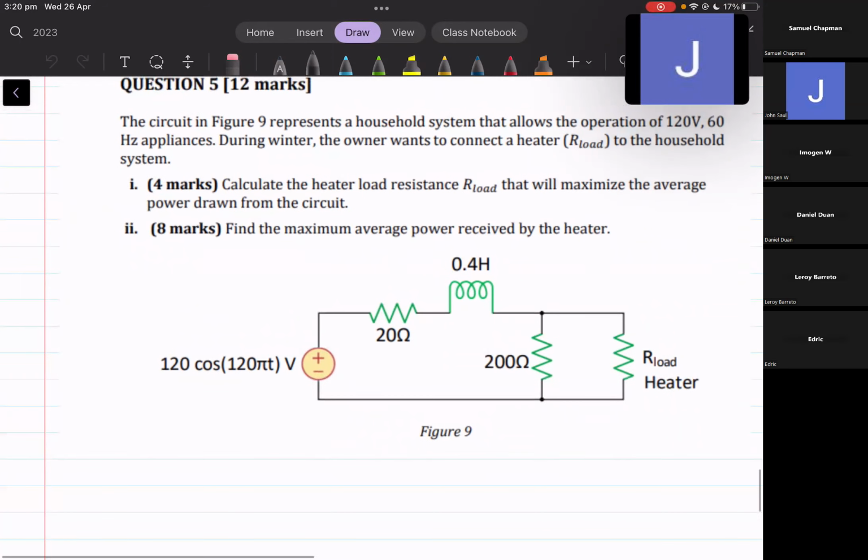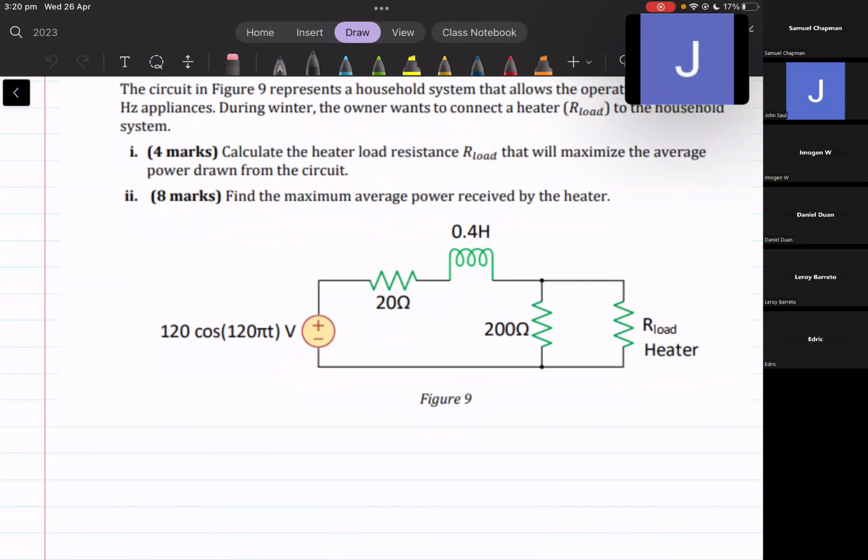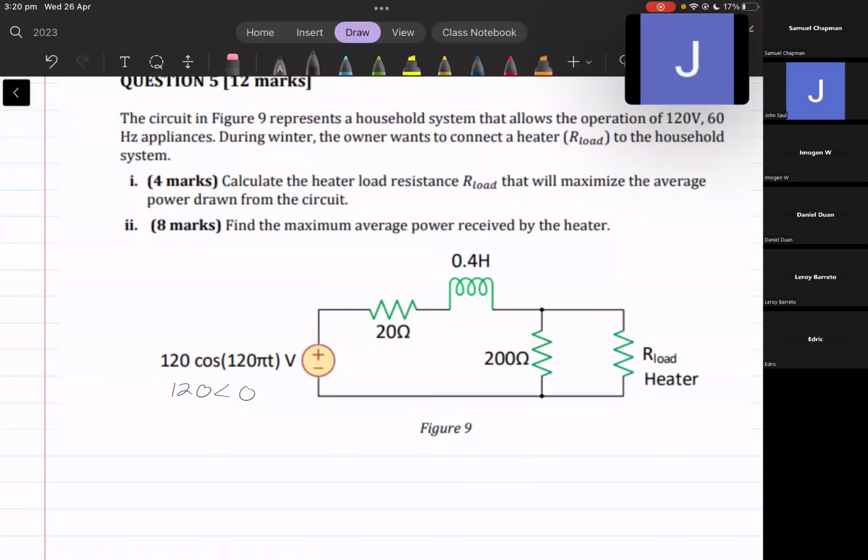If anyone wants to say, find R load. So what should our inductor impedance become? 48 pi. So that should be